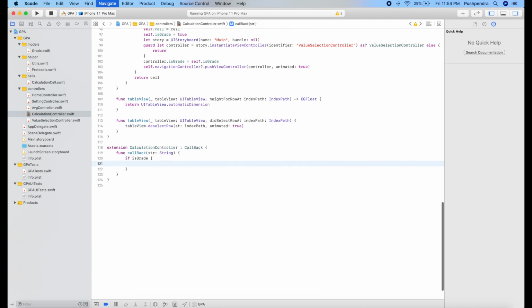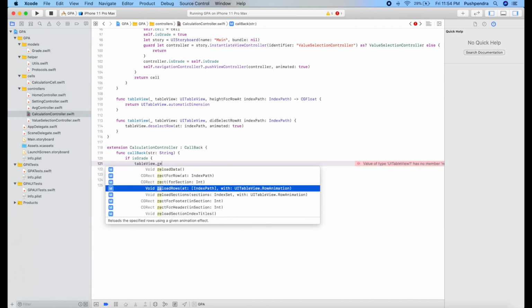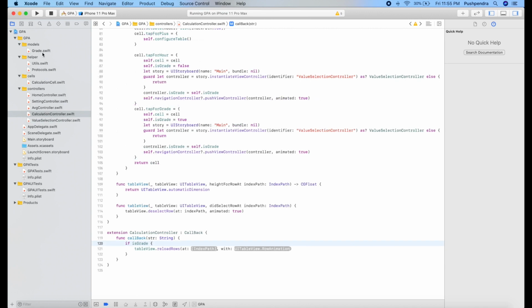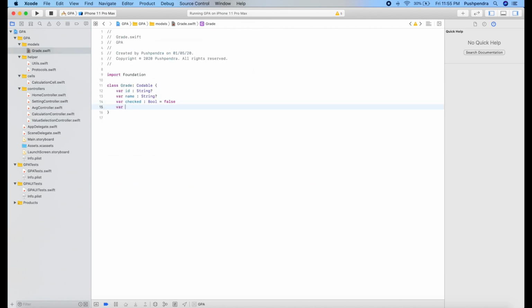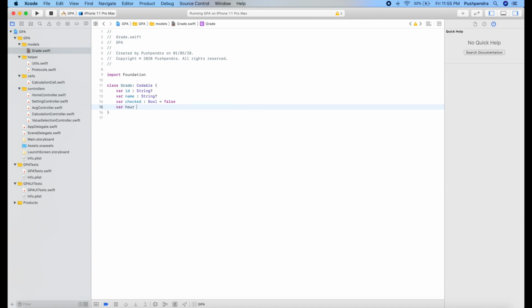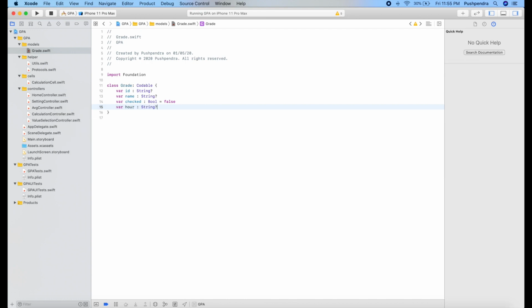From here we will check if it is grade. Then table view dot reload row at particular index. I'll take one more variable here, hour, and this will be string optional.